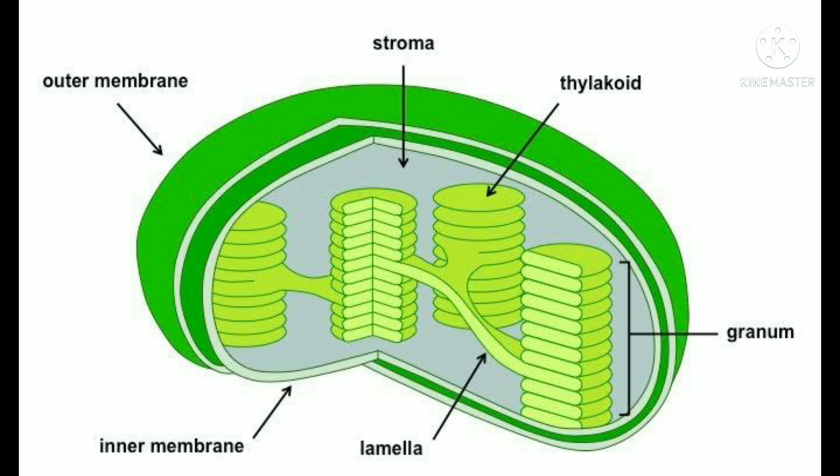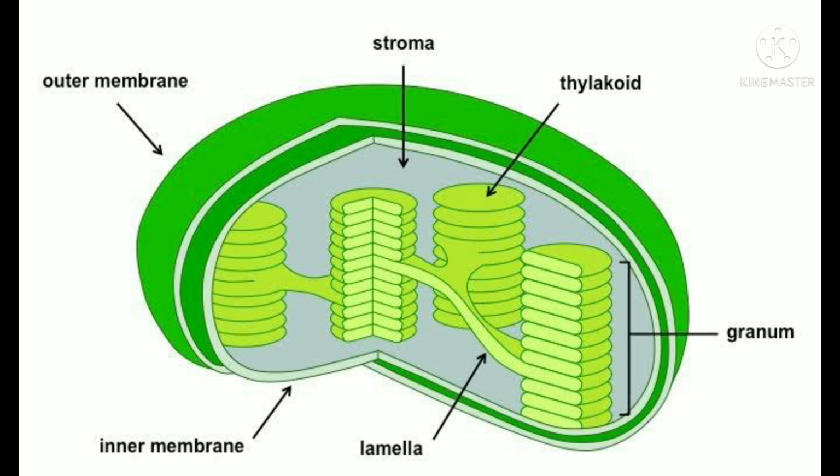Then if we study, there is a term written that is stroma. So what is stroma? It is the living or the ground substance of chloroplast. Here ribosomes, circular DNA and phospholipid globules are present. So one thing you should remember always is that the dark reaction of photosynthesis takes place in stroma.